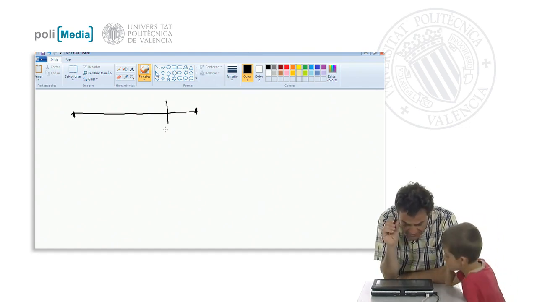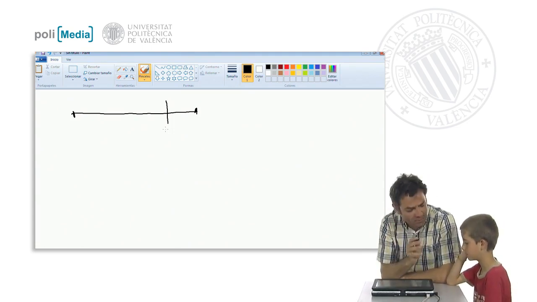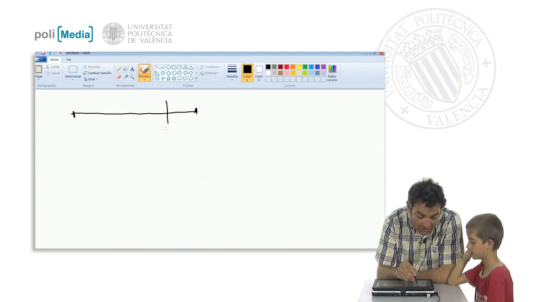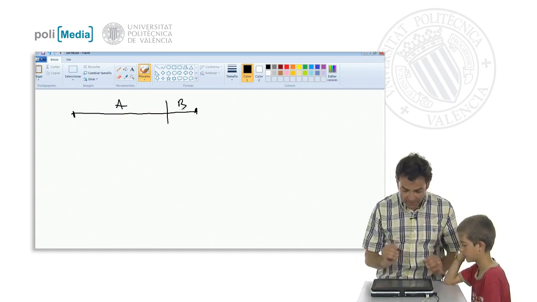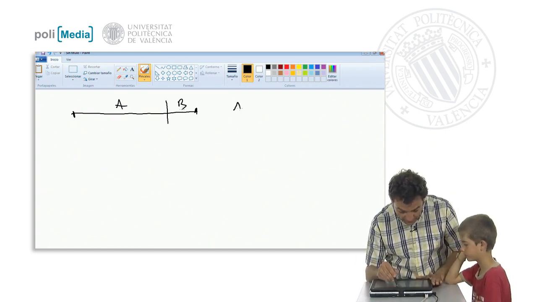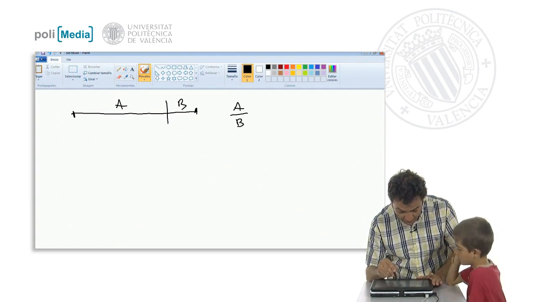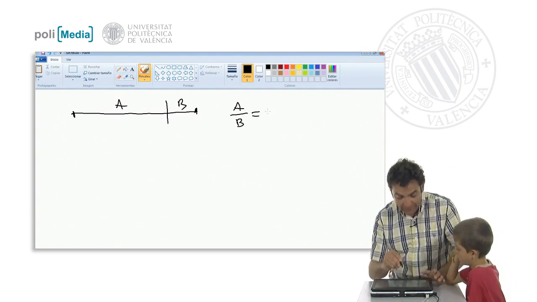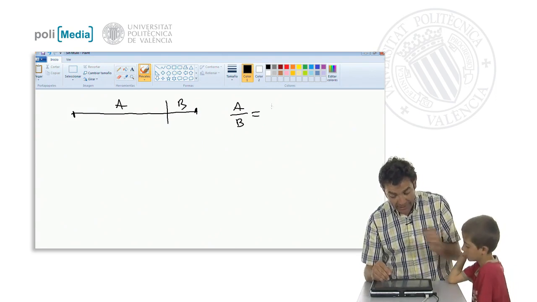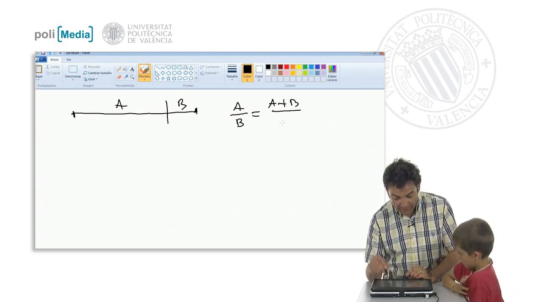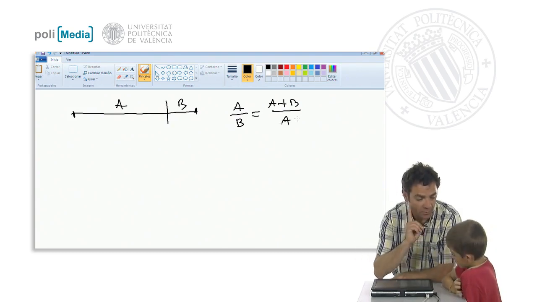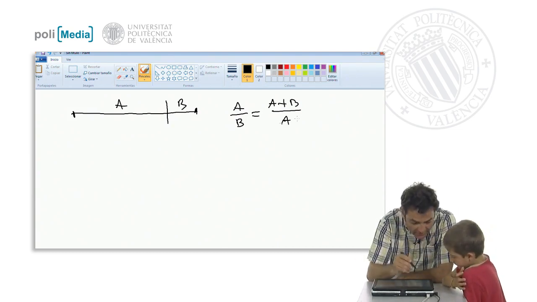We could have chosen half, a third. This is a bit displaced, but it is close to an interesting proportion, which would, if we have divided between two segments that we call A and B, be such that the proportion between the large and the small was equal to the sum of the two, A plus B, with respect to just the big one. We would have a very interesting proportion, which has properties